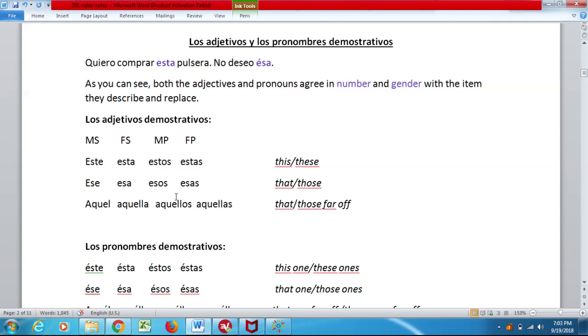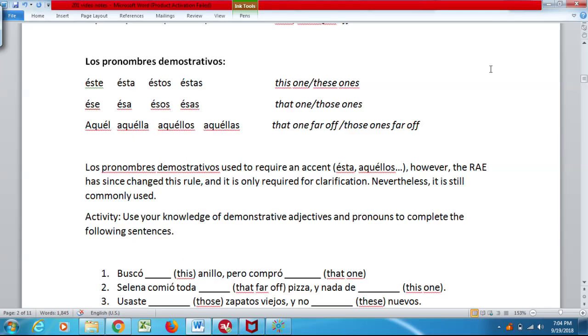Este, esta, estos, estas works as this or these. Ese, esa, esos, and esas works as that and those. Aquel, aquella, aquellos, and aquellas works as that thing far off, or those things far off. It doesn't translate directly into English very well, but you get the idea that it's something quite far away from